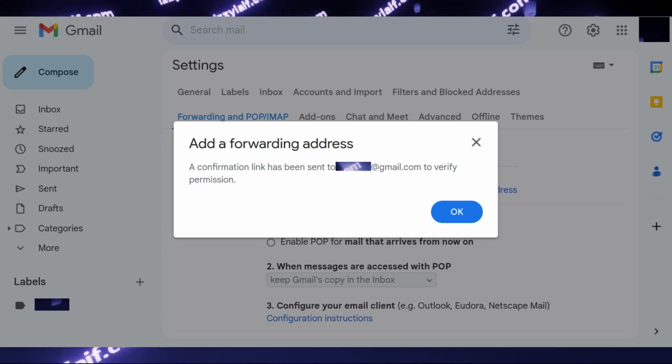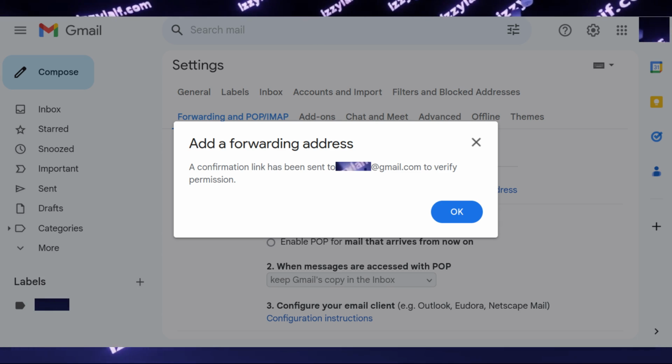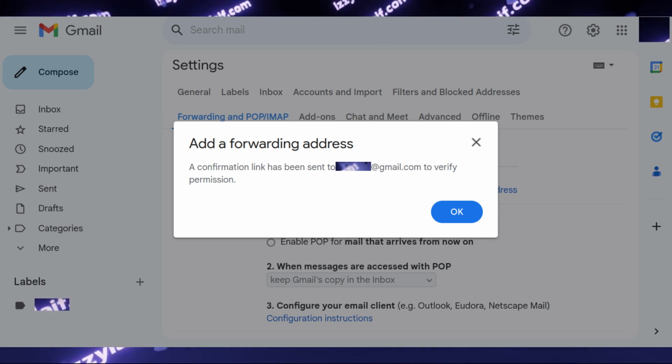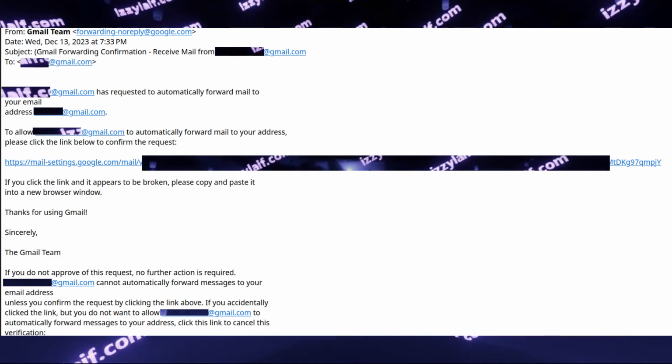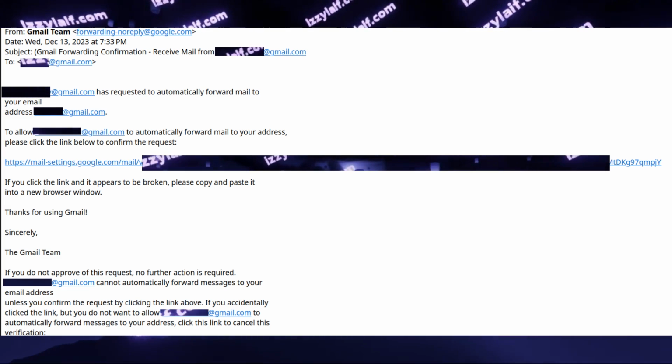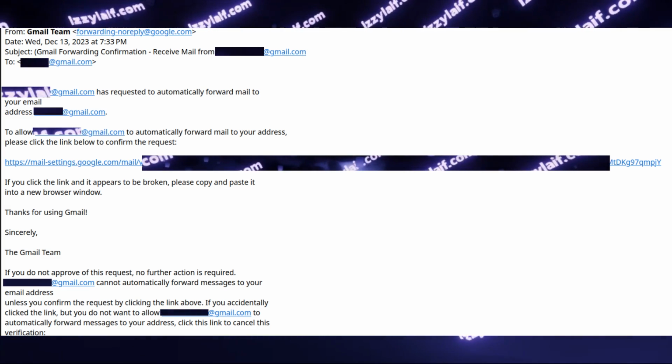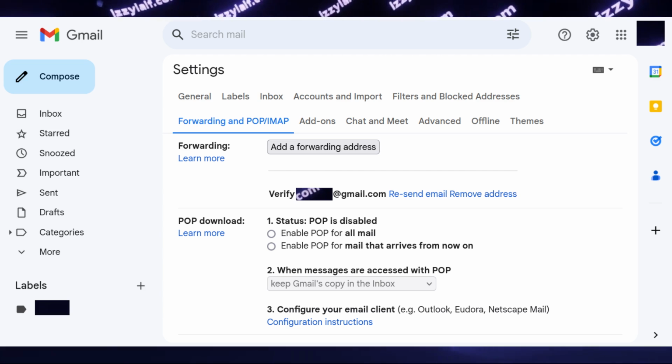After you do that, a confirmation link will be sent to the email that you have just entered, and the recipient actually has to agree to receive mail from you. Probably this has been done to avoid spammers. Anyway, the recipient has to click this link. If the recipient hasn't received the email or has deleted it accidentally, you can either resend them this email or